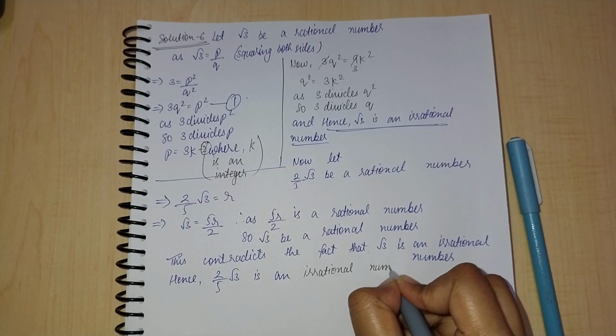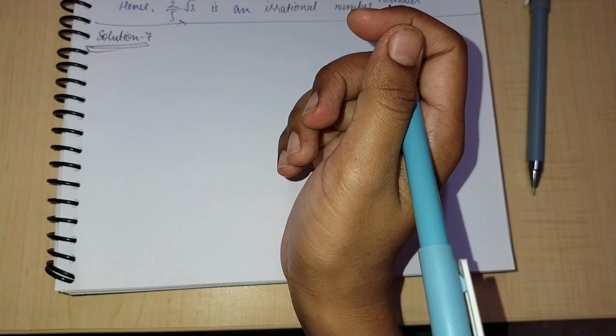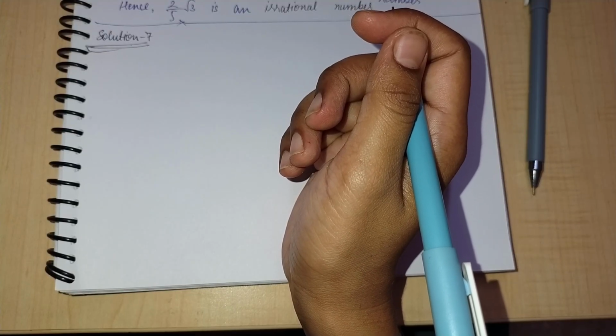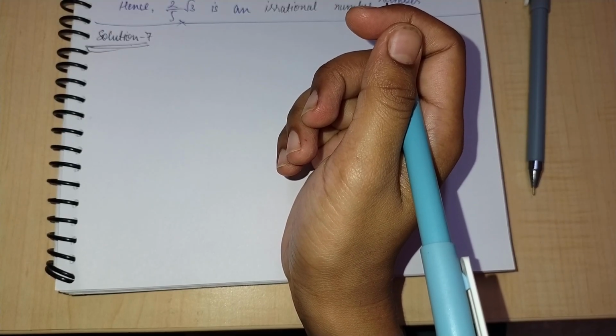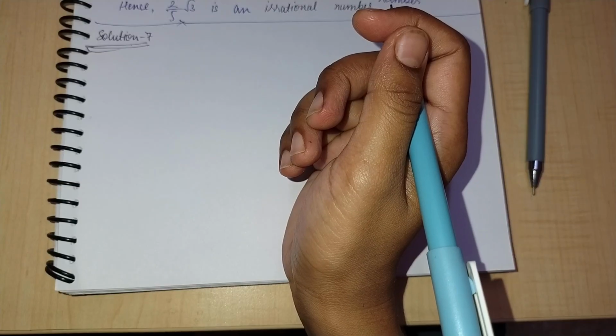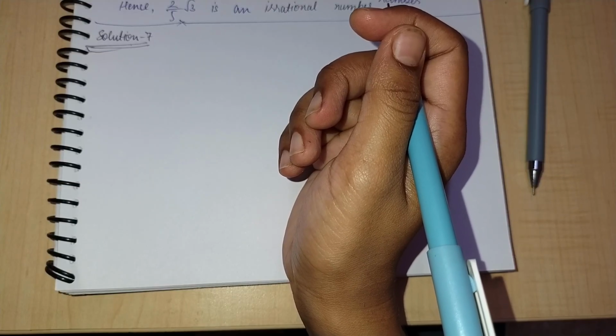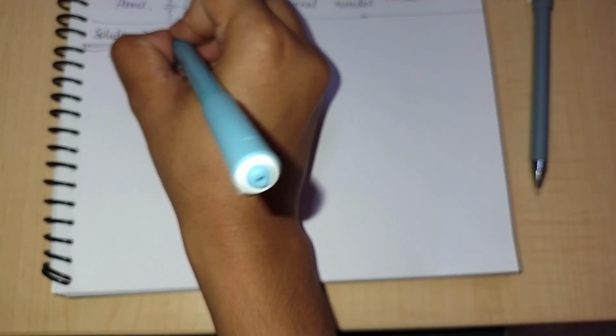Now assume under root 5 is a rational number. Following the same method, the question is: previously we have proved that under root 5 is an irrational number, hence show that minus 3 plus 2 under root 5 is an irrational number. The first equation. After that,